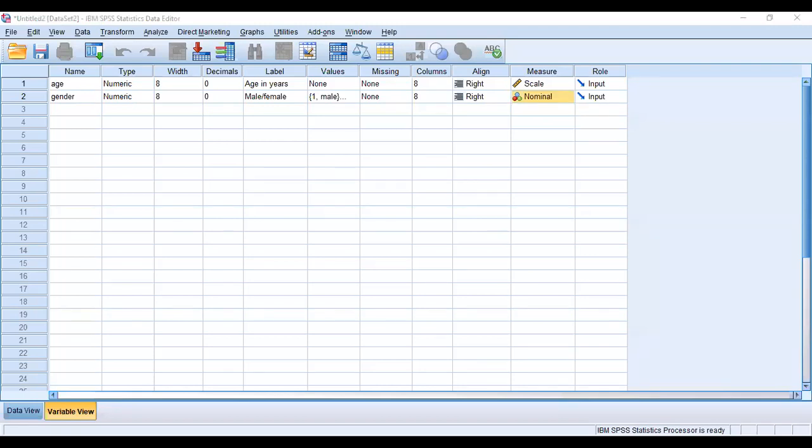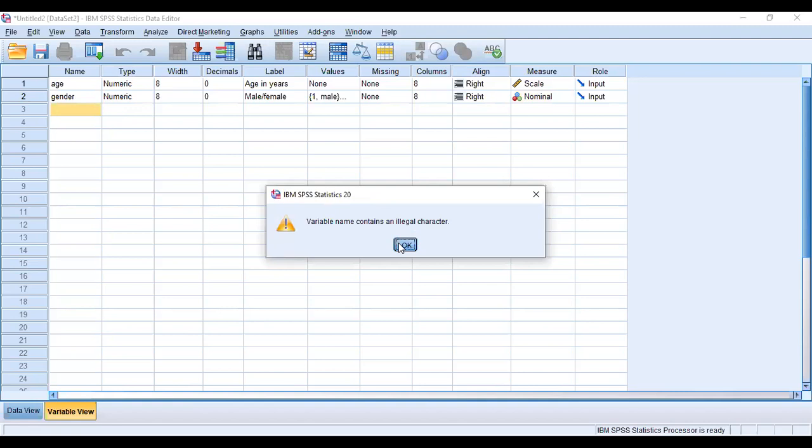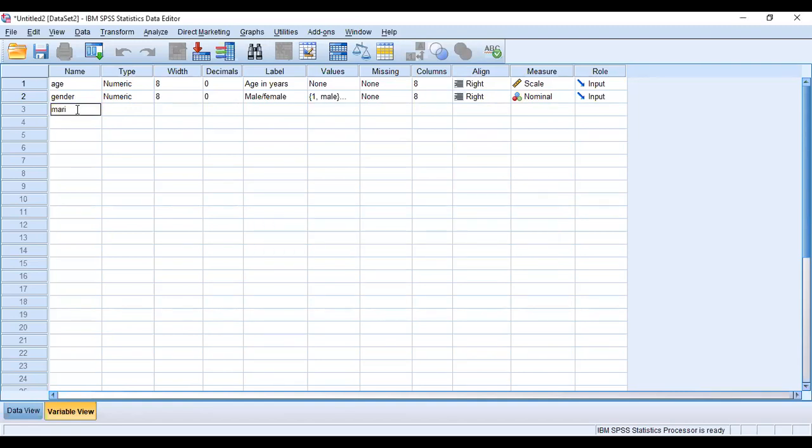Next variable, this is all demographics, maybe we can enter your marital status. Here we will write marital status. In the name of the variable, you cannot give a space. The moment you put a space, it becomes illegal. If you make it numerical, again you have to enter your values.